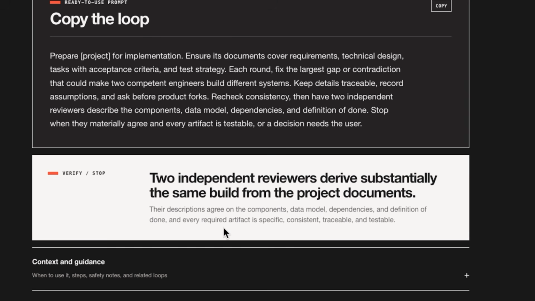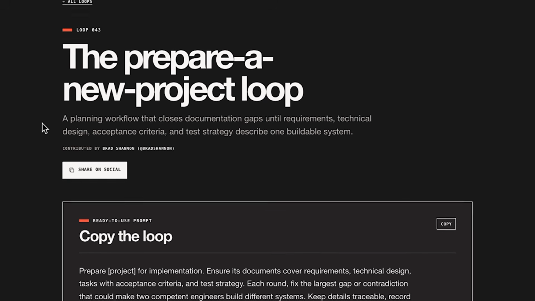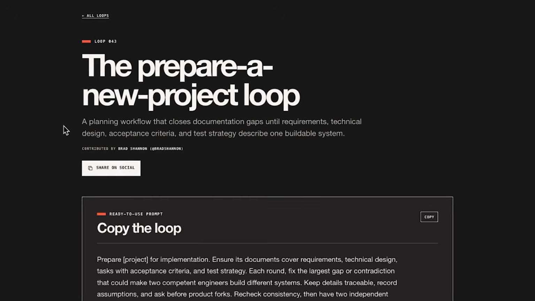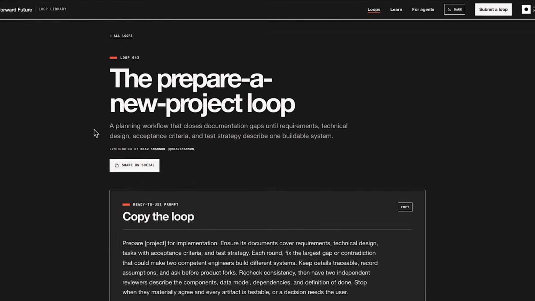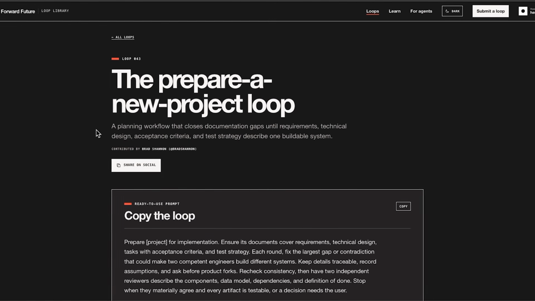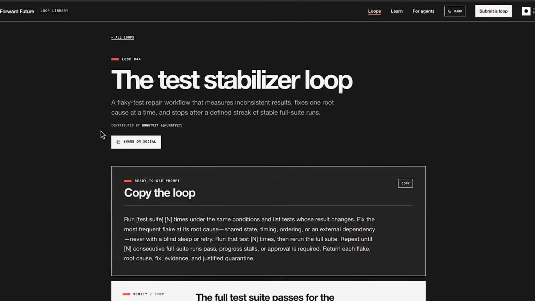And every required artifact is specific, consistent, traceable, and testable. So this is for teams about to build from rough project docs. So you can close every gap and contradiction until two independent engineers would build the same system instead of three different ones. Loop number 44, the test stabilizer loop.